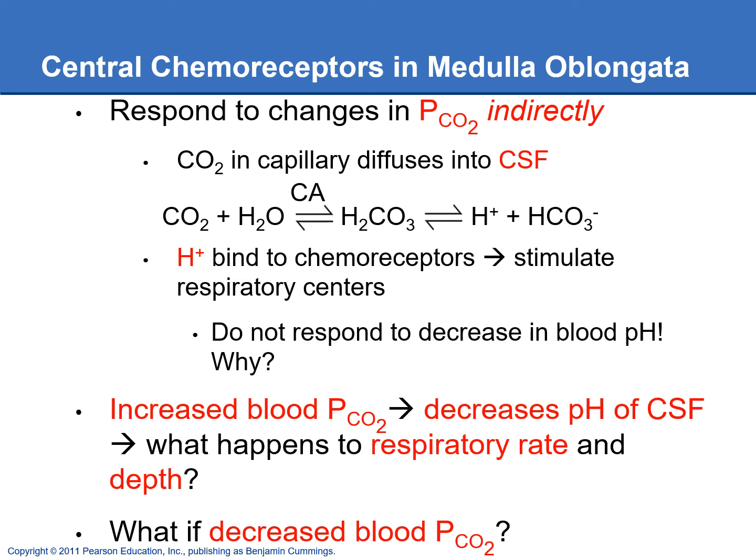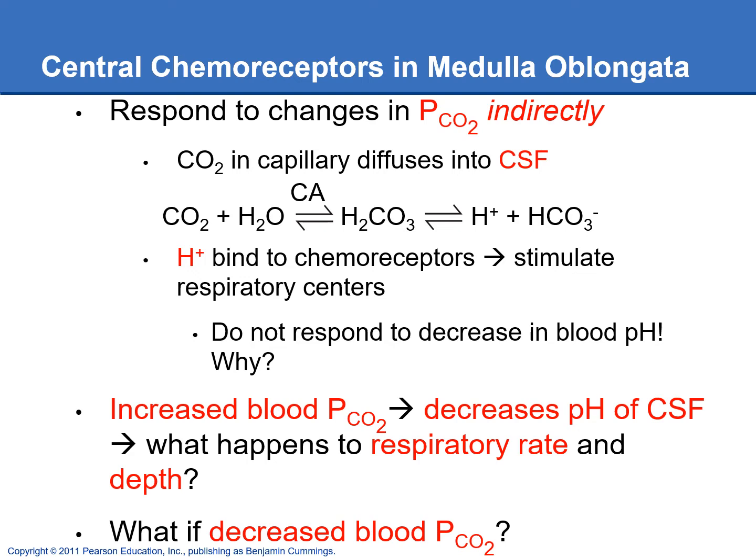They respond to changes in the blood partial pressure of carbon dioxide indirectly. And that's because the carbon dioxide in the blood will diffuse right across the blood-brain barrier and right into the cerebrospinal fluid. The cerebrospinal fluid contains the enzyme carbonic anhydrase, which is the same enzyme we talked about inside the red blood cells. The carbon dioxide, once it gets into the CSF, will be converted over into hydrogen ions and bicarbonate ions. The hydrogen ions are going to bind to the central chemoreceptors, and then those sensory neurons will stimulate